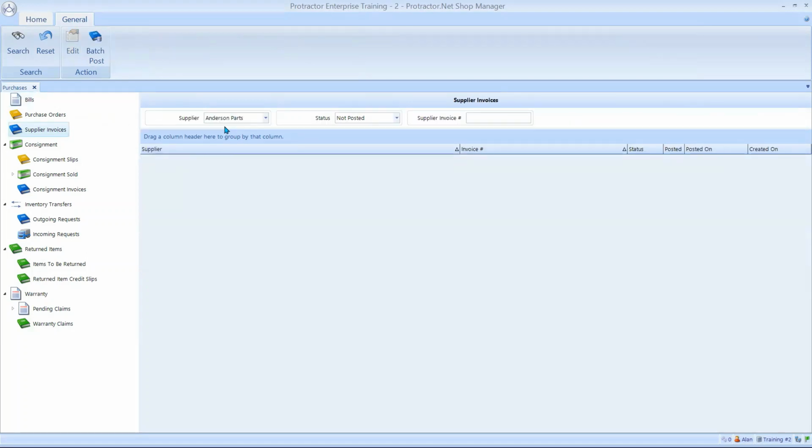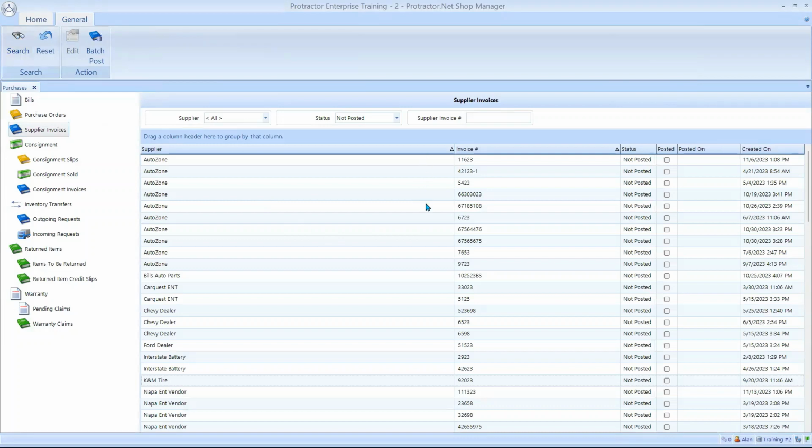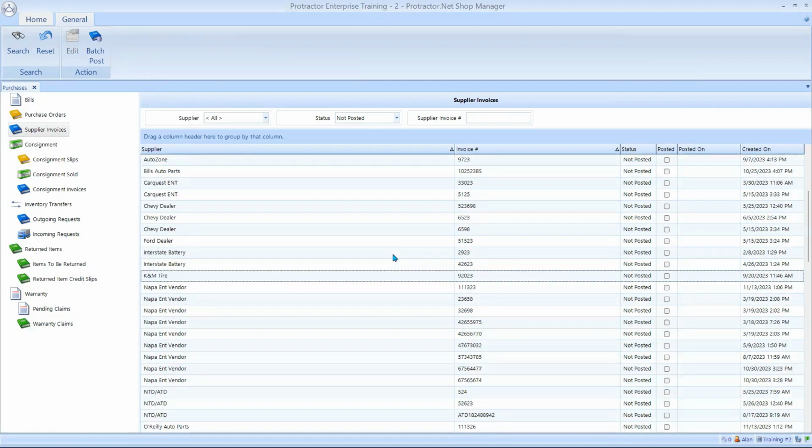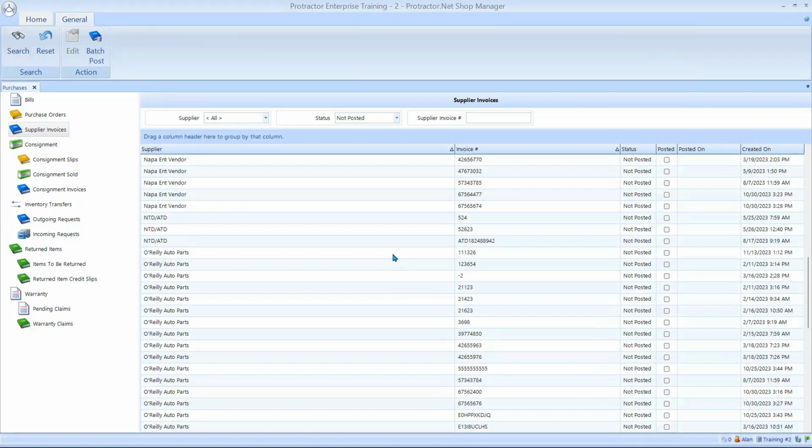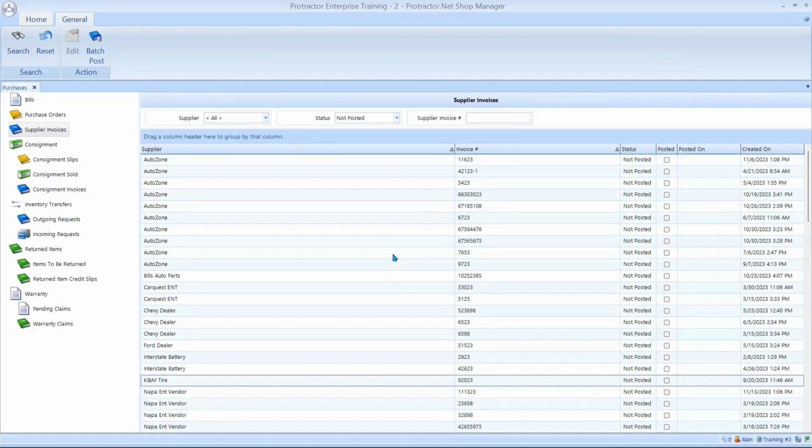So with supplier invoices, we simply hit reset and then we hit search. So see, reset brings me all suppliers not posted. Hit search, and then you're going to have all of your supplier invoices here. Now, I could do this one at a time, but typically you're going to have dozens, if not hundreds, of supplier invoices sitting here. So a real easy way to do this is to go to batch post,